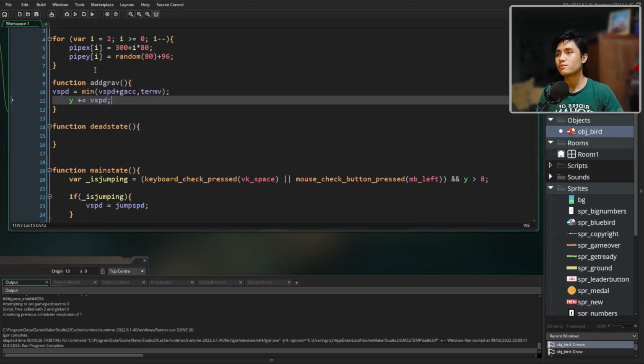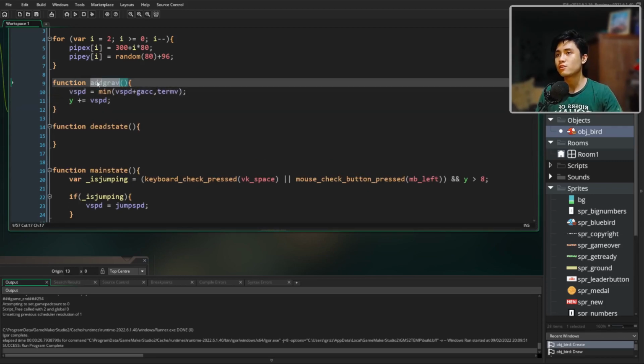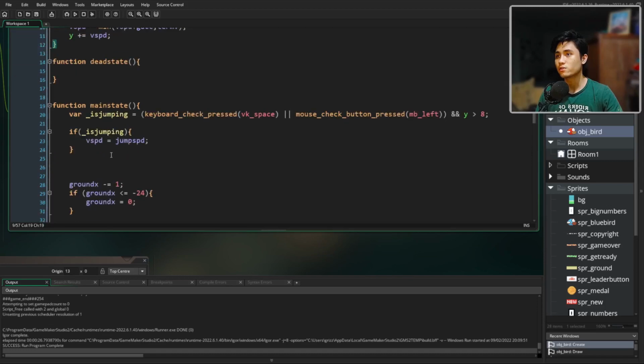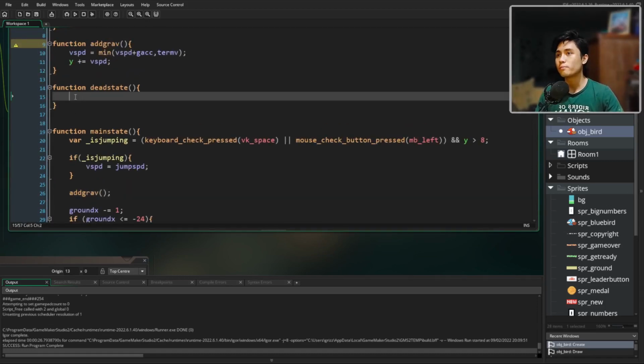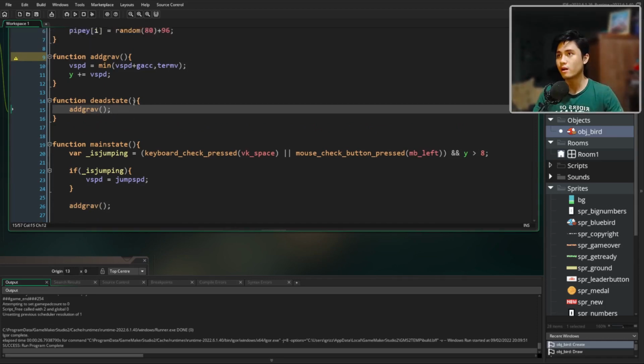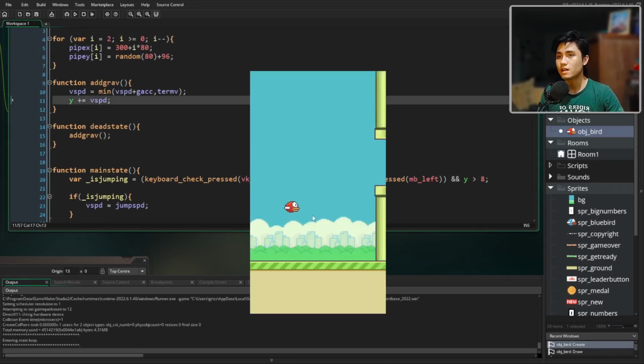So here in add grav, this is the function that will give us gravity. So we're just going to be returning us back here, but in the function, and we're also going to be putting this add grav here as well. We'd see that once we die,